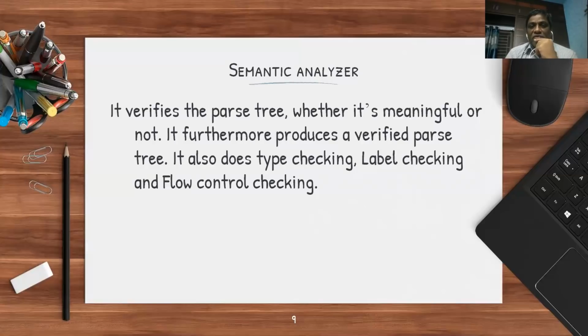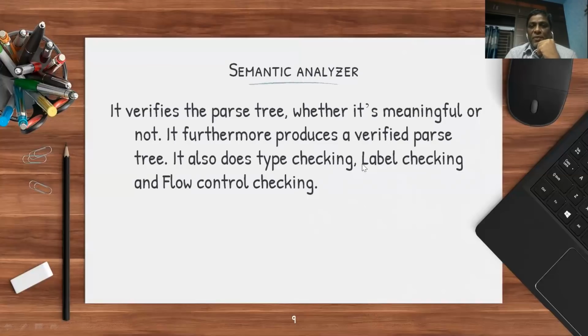Semantic analyzer identifies whether the meaning of the statement is correct or not. Okay. It generally performs these things: type checking and label checking, flow control checking. For example, if there is any infinite loop built, sometimes it will be identified. If there is any incompatibility in data types on which you are performing operations, it will be identified by the